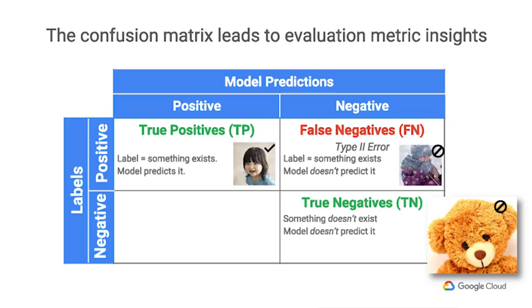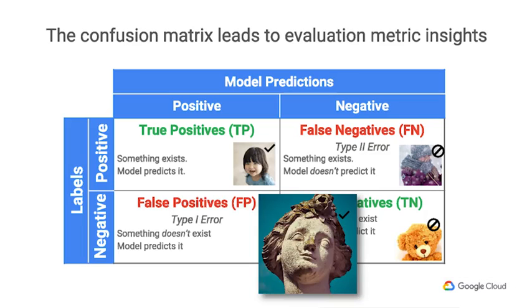When the label says it doesn't exist, and your model also doesn't predict it, that's what's called a true negative. Basically what that means is, using this face detection example, the model not predicting that the face is present in the image is correct, because it's also not present in the label. And lastly, this is the false positive case, where the label says there is no face, but the machine learning model predicts that there should be a face. So in this instance, perhaps there is a statue in the image, and the model falsely identifies that statue as